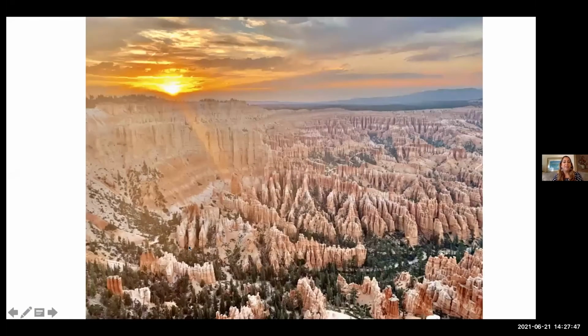I was recently on a trip. This is just a sunset view of Bryce Canyon. Just a reminder that we don't want to let the sun set on the opportunity to intervene for these